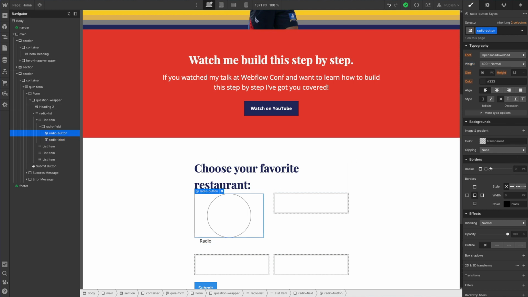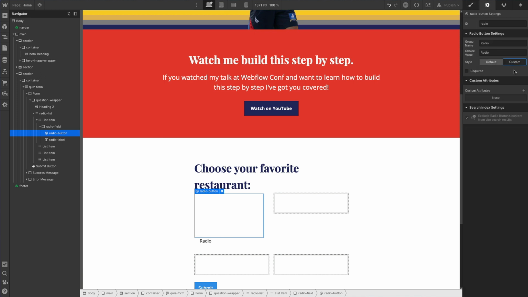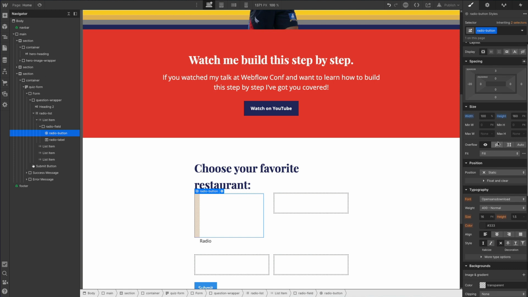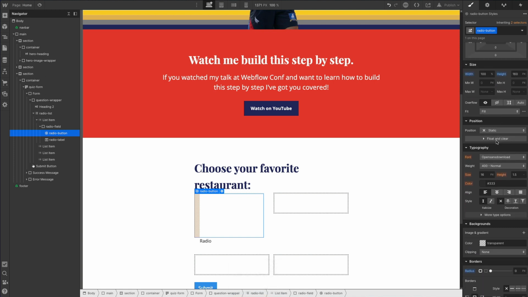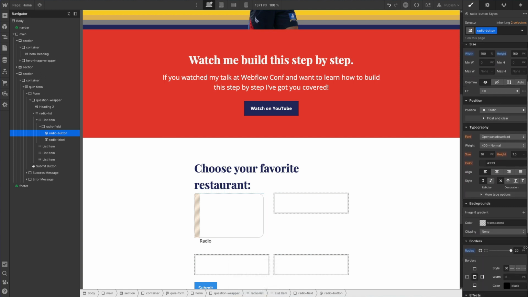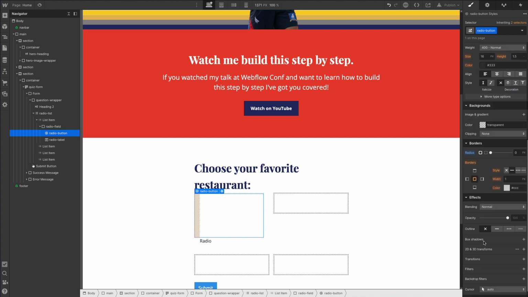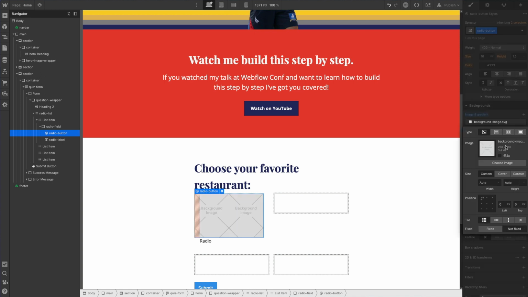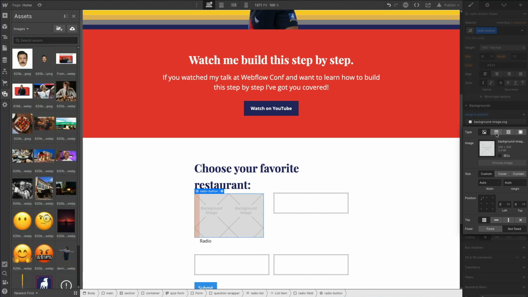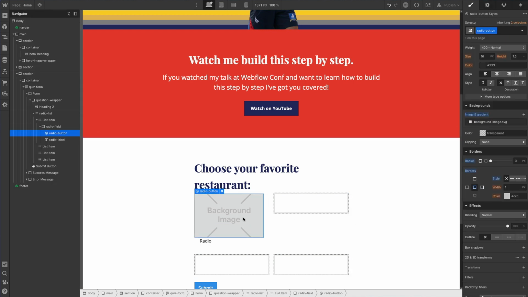Okay, so radius. In fact, what we want to do is we want to do custom, right? And then for our radius, yeah, we got that to 0. We want 0 pixels there, and we don't want any outline or any border, but let's go ahead and give it a background image, and let's choose, we don't want to choose an image yet, but let's just set it to cover, center. Okay, so now this is a background image, right? We have a background image, and now